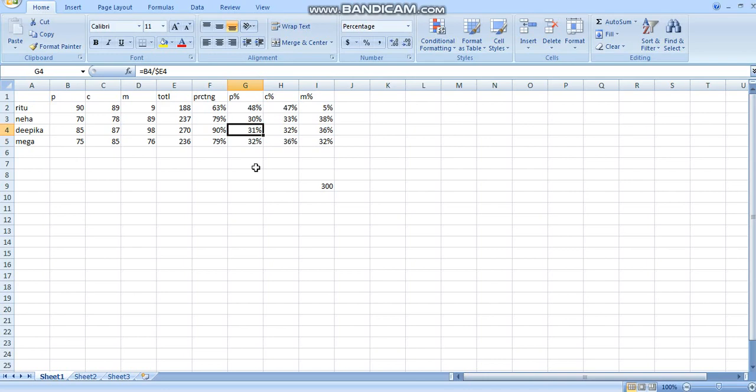Relative reference is where everything changes, the row and the column, but the formula remains the same. The formula gets copied but the column and row keep changing. Absolute means where we fix both row as well as column. In mixed reference, we fix only one, either row or column.